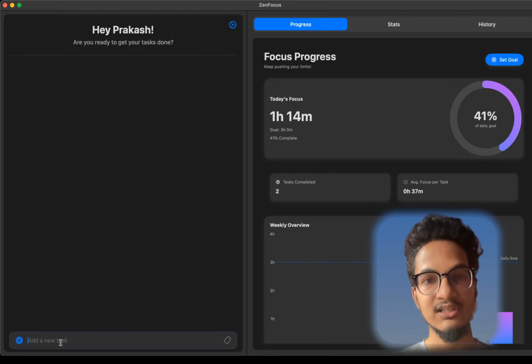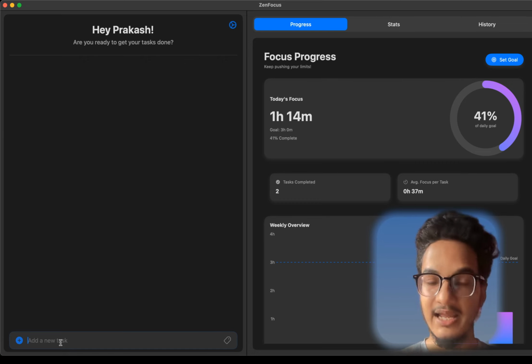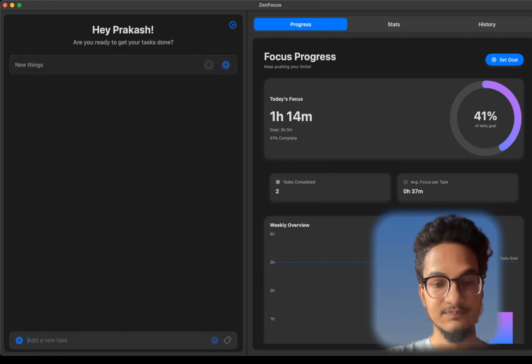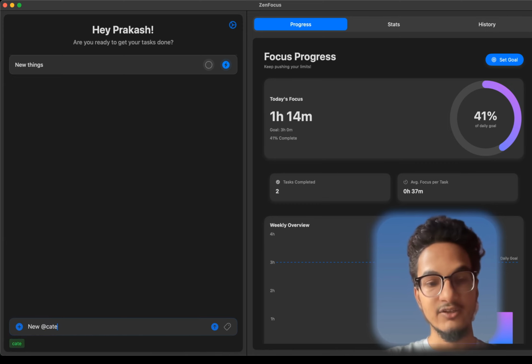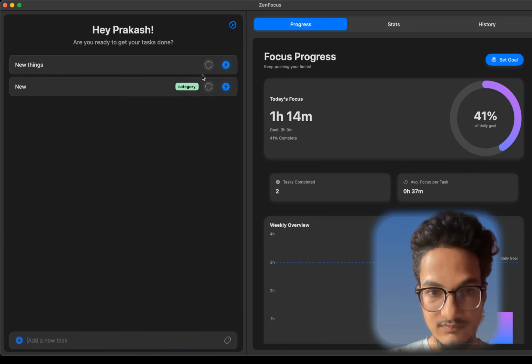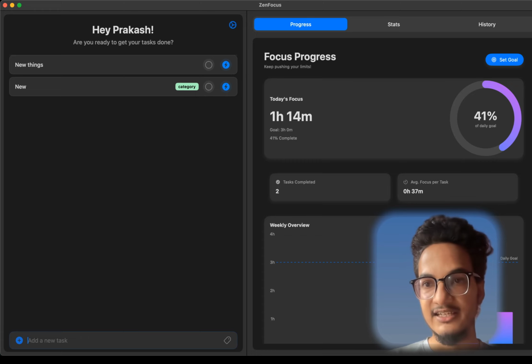This is a simple to-do application with the features of Pomodoro timer as well as time tracking. Let me show you the features first. So you can add tasks over here. You can also assign a category to the task just like this. If you click on this icon over here, it will complete the task and it will move to the history